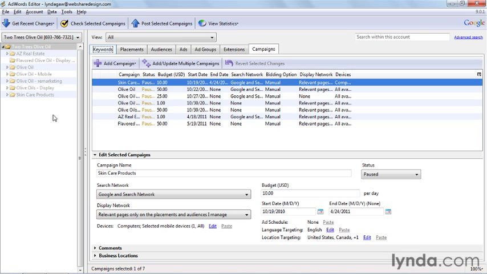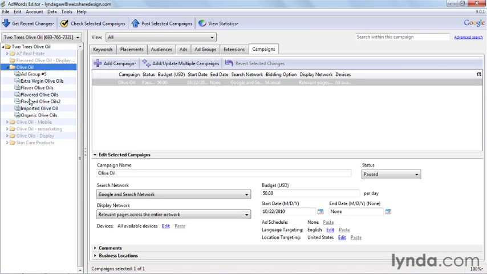Navigating through the AdWords editor is pretty straightforward, but some things are different than the online interface. The tree view to the left should look very familiar to you. You can expand and collapse campaigns and drill into ad groups just like you do online. Across the top, you've got your tabs, which you can use to select whatever you want to work with. You can see ad groups, keywords, placements, ads, audiences, and extensions, just like when you're in the main Campaigns tab